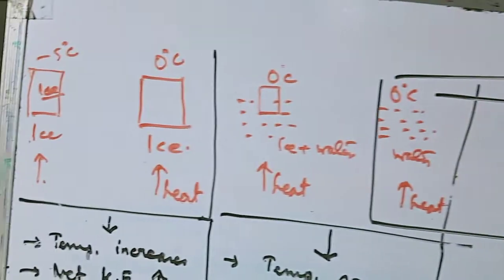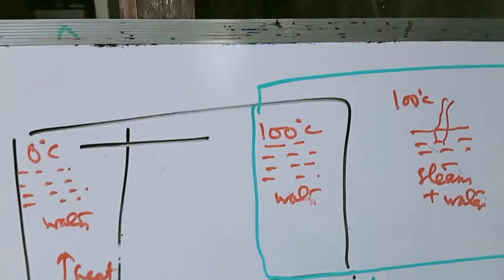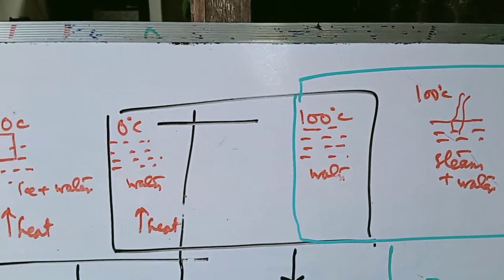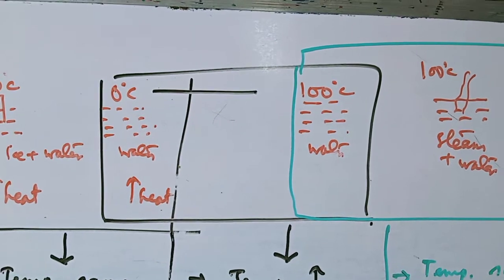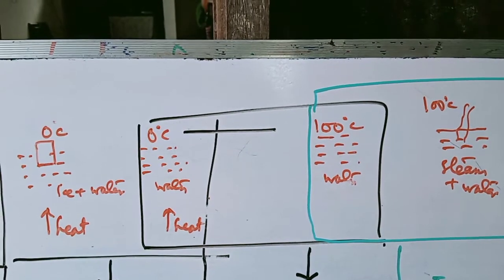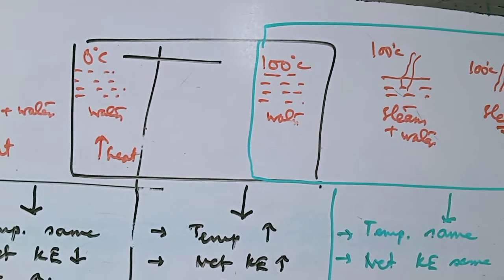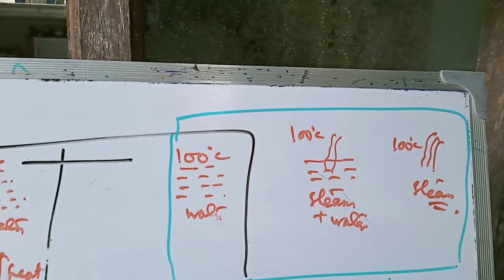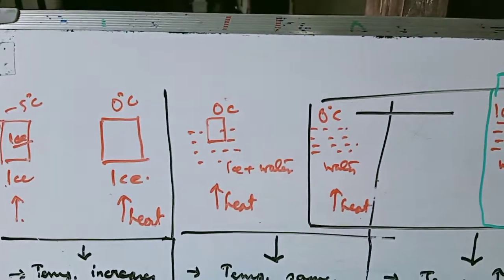Moreover, when a solid melts into a liquid, volume generally increases, and when a liquid turns into a gas, volume always increases. So additional work must be done against the external pressure, for example the atmospheric pressure, during volume expansion. So greater energy will be required, and that energy is supplied by the latent heat. Hence, the increase in volume is much greater when a liquid turns into a gas. So the work done, and hence the latent heat of vaporization, is much higher as compared to the latent heat of fusion.